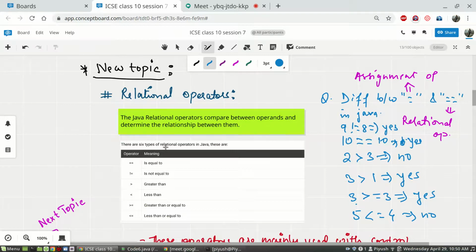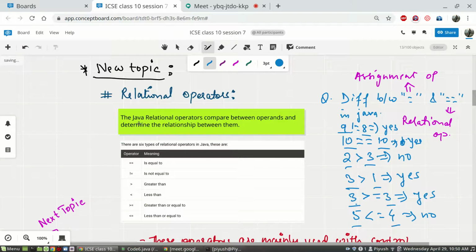So you can see on both the sides of these six types of relational operators, you will find numbers. Okay. So these numbers that the operators separate are nothing but operands.